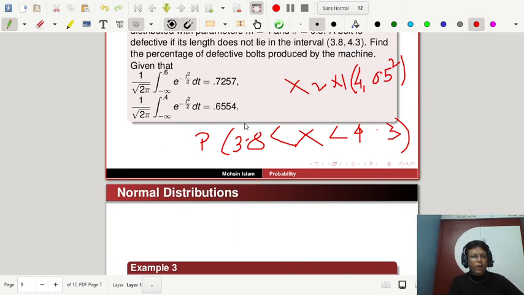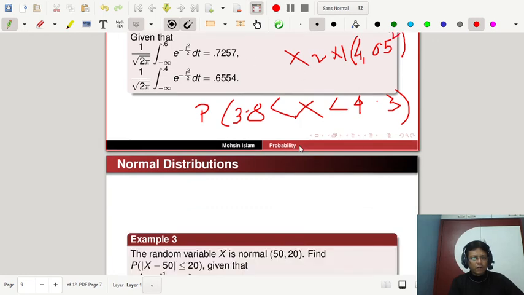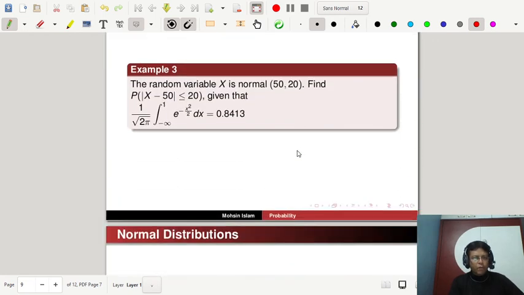You can do that because the data is given here. You have 0.6 and 0.4 given here, because it's the region minus infinity to 0.6 and minus infinity to 0.4. So you can calculate similarly, you can draw the region, you can convert the normal distribution to standard normal form, use the standardized values, and using these results you can get the answer.